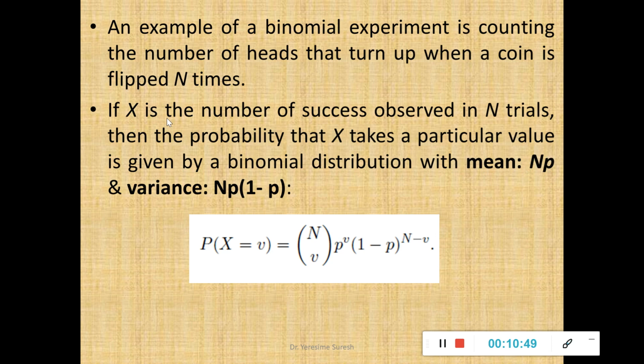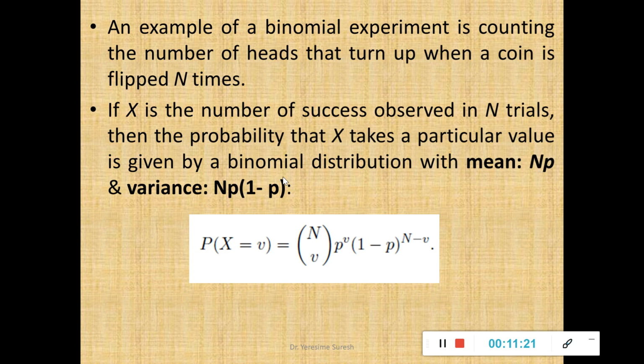If I flip it 20 times and head appears 15 times, the probability will be 15 by 20, which is 3 by 4, 0.75. The variance will be defined by np into 1 minus p, because 1 minus p is the unsuccessful rate, the number of times tail will turn up. I think we have defined this mean and variance in data similarity and dissimilarity, so I'll not go into the details. Only with respect to the event of flipping a coin, the mean value is equal to np and the variance is equal to np into 1 minus p.